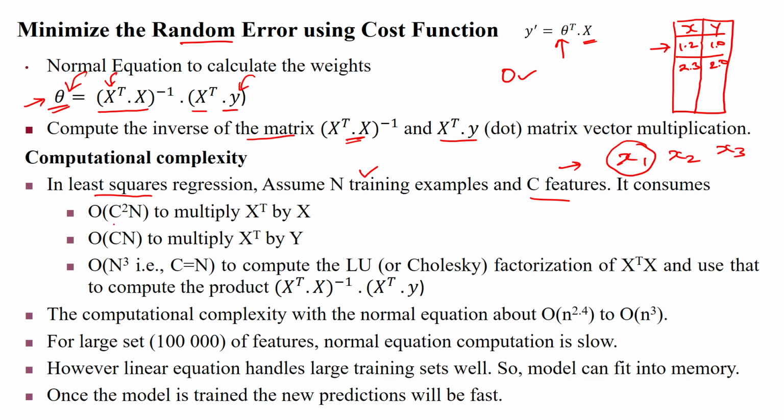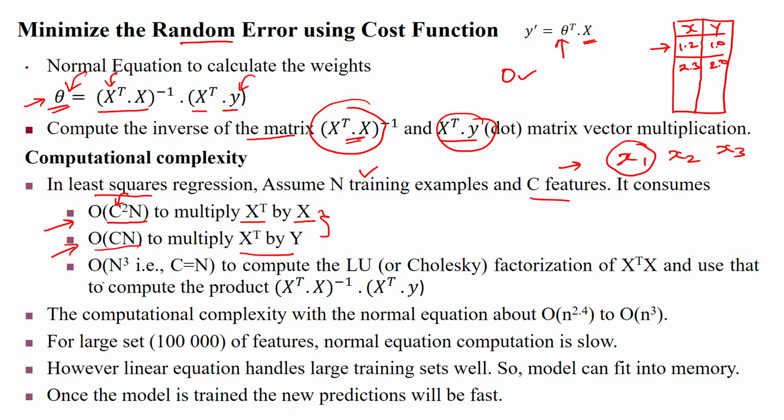So based upon the number of features, it will consume time complexity of c square n. So the number of features into the number of samples to multiply x transpose by x. So here we are using x transpose x, and based upon that we get the time complexity. And for multiplying x transpose y, we get the order of cn. So we need two steps of process: one step is order of c square n and another step is order of cn,